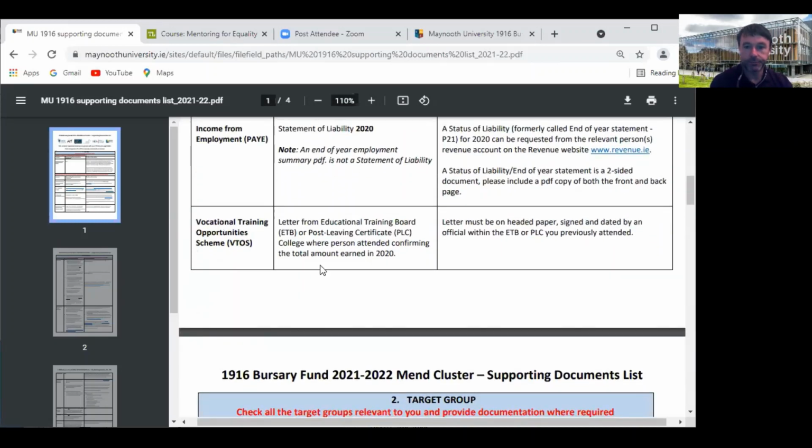And then you may have received the Vocational Training Opportunity Scheme, a VTOS payment, last year. If so, then we need a letter from your education and training board, your ETB, or your post-leaving cert college, or PLC college, where the applicant attended, confirming the total amount that they earned in 2020. The letter must be on headed paper, signed and dated by an official with the ETB